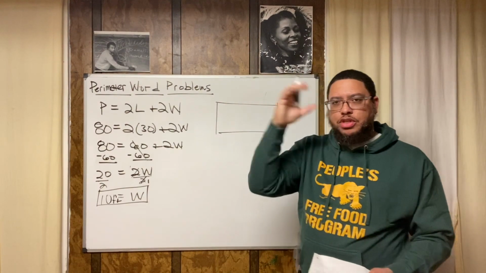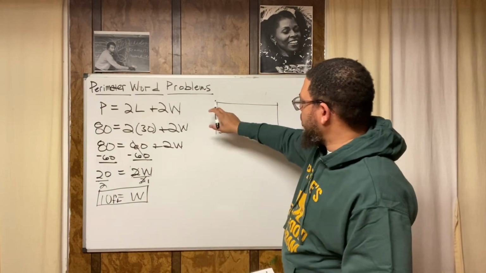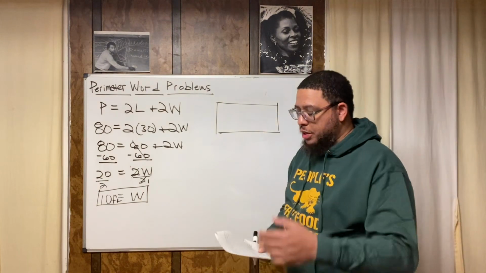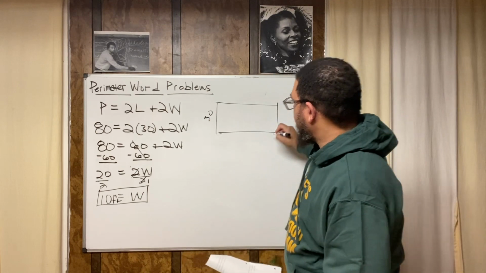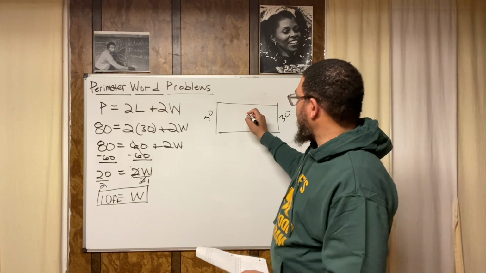Pictures are good because they help you to visualize, right? So we draw a picture. We know the perimeter is 80, so we know that this plus this plus this plus this, they all add up to 80. And we know that the length is 30, so we know that this is 30. And we know that this is 30, right? So we know the whole thing,